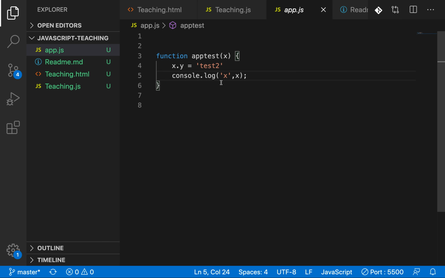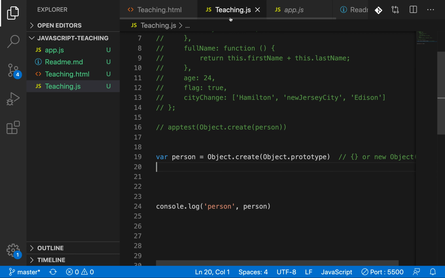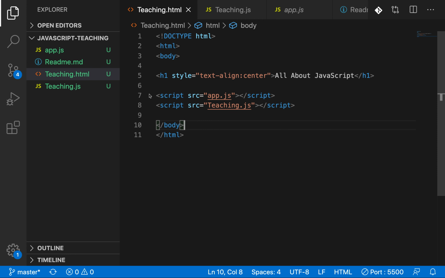If you look at this function, we know that x is an object, and we are defining a property y, which is equal to the test2 value, right? So, as you know, I declared app.js and teaching.js into this.